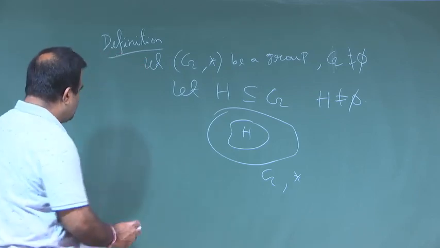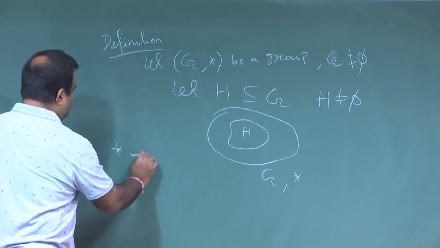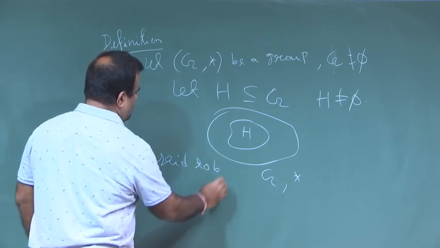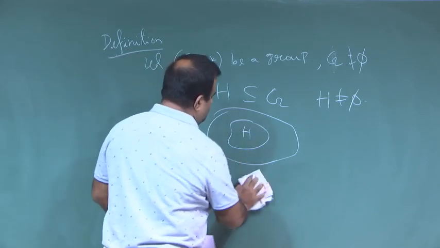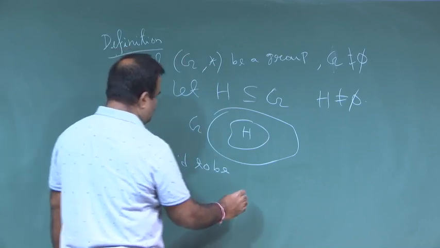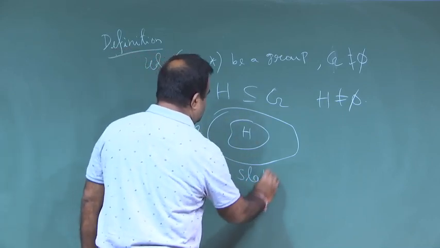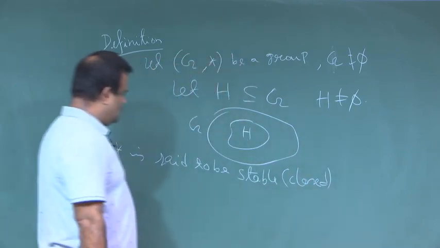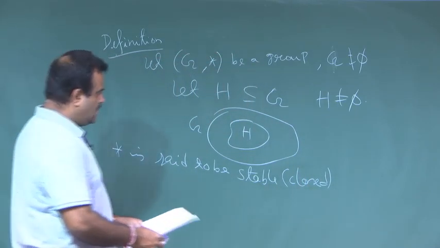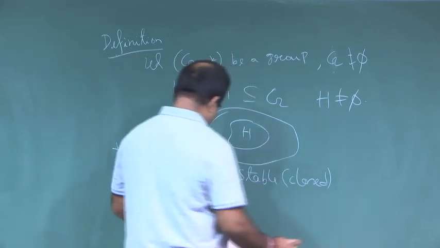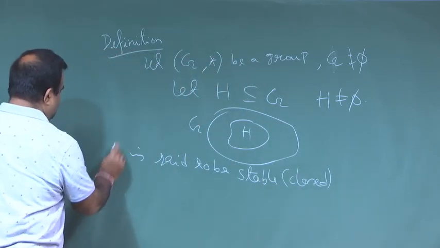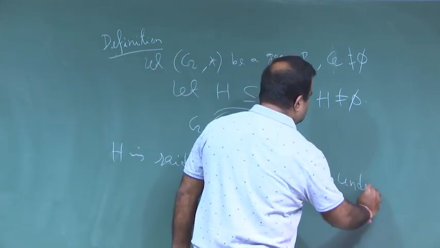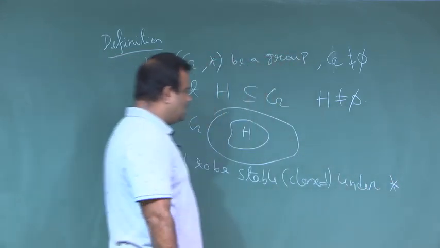Now, this star is said to be stable, or in other words this is called closed also. Or sorry, H is said to be stable or closed under star if and only if